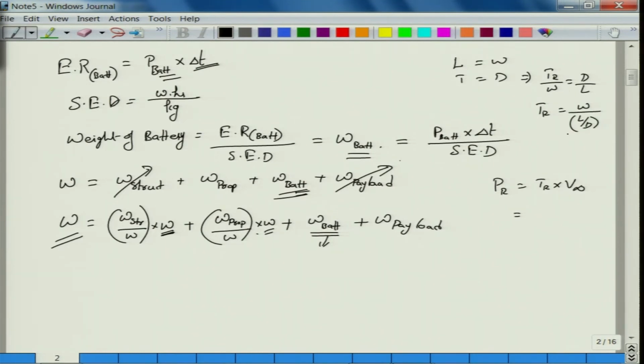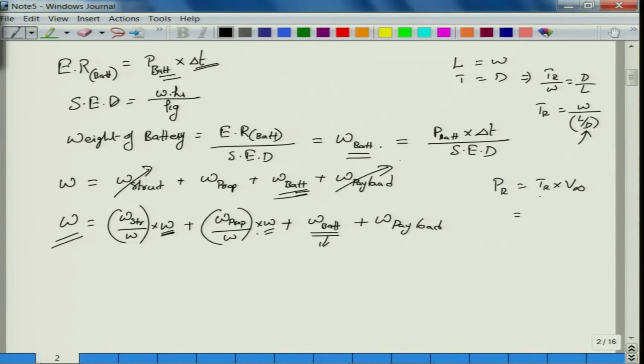So, we are not exactly going into the aerodynamic details of this. Instead, we are considering this L by D is available. So, if you want to have this much weight for your UAV, then you need to make sure that you fly at that particular L by D. So, you have to design your wing to deliver that particular L by D. So, L by D from here will be used as an input for your wing design, right.